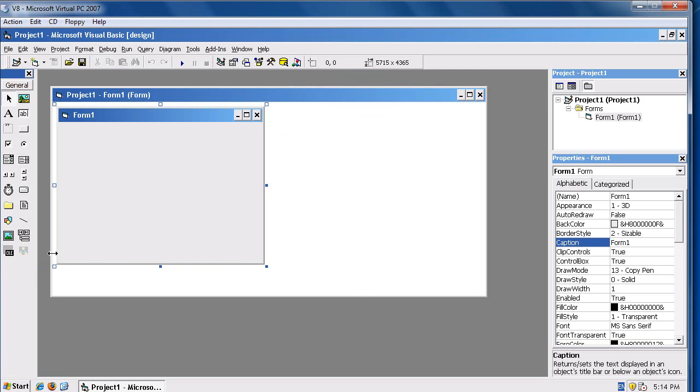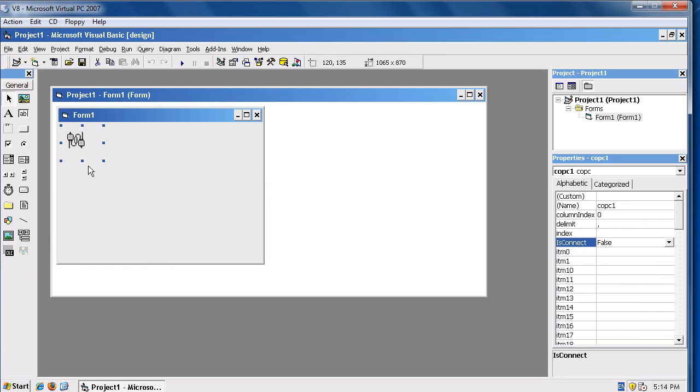Click OK, and it will be inserted into the toolbox. We put it on the form, and then the first step is to specify the OPC server and OPC tags